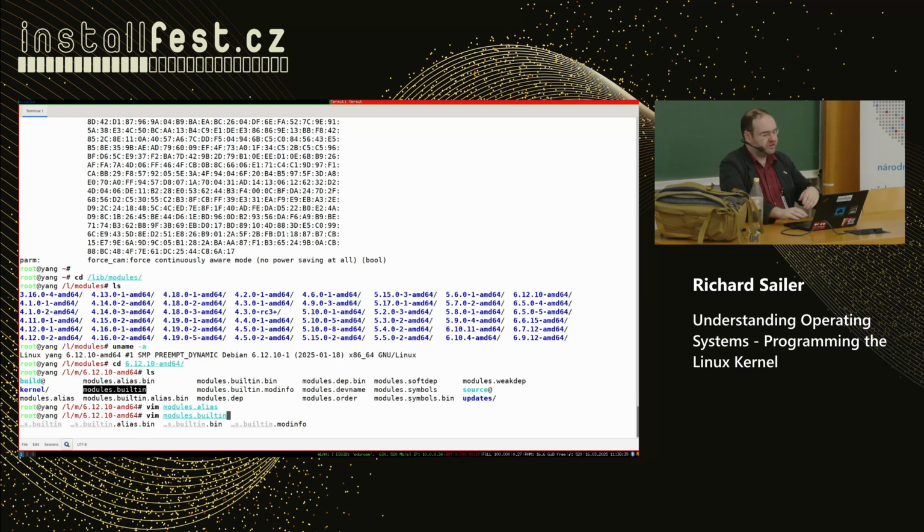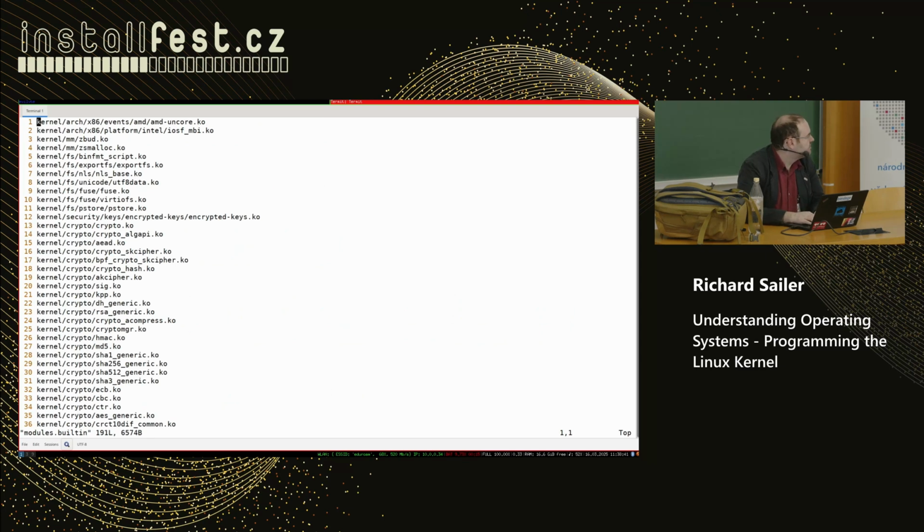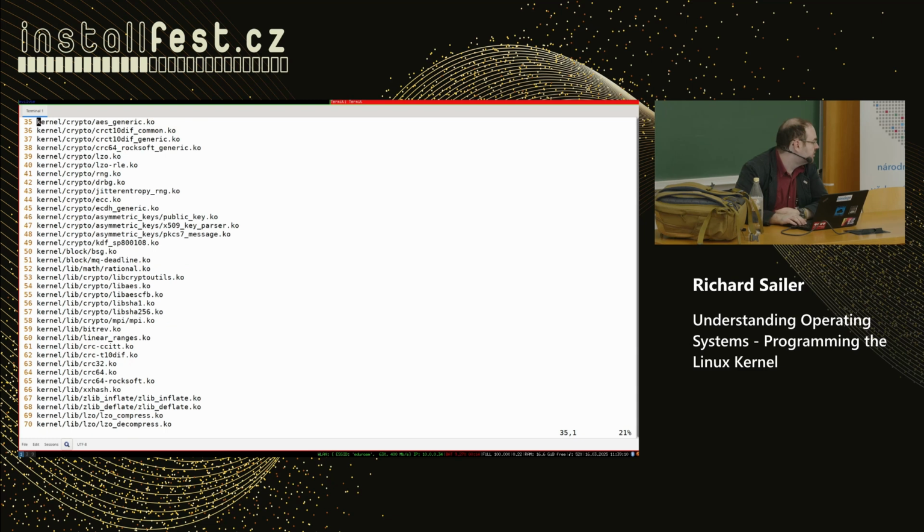And we can look at what we have in here. There we have all the file names, and you can see it's .ko for kernel objects. You see there are actually a lot of things that could be separate modules, but the Debian team decided, nah, we put it in. It's interesting that they put in virtio, which is for KVM, hypervisor, virtual machines. They put it in although I don't need it. I don't use any KVM on this machine, but they decided that enough people use it.